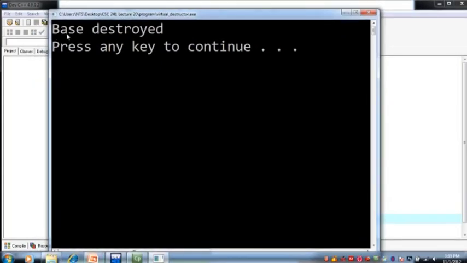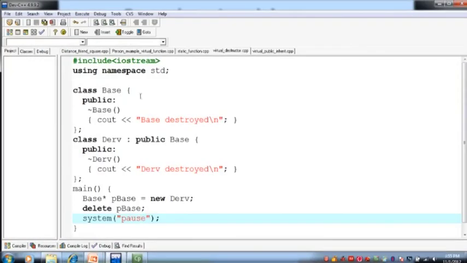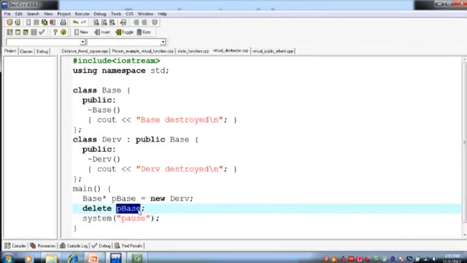Okay, now it displays the message base destroyed. That's it. Why does it display only that message? Because when you delete this pointer, it will delete the base, this pointer only, that is of the base type, और तब वो base class का destructor execute करेगा. Now if we make this destructor virtual,